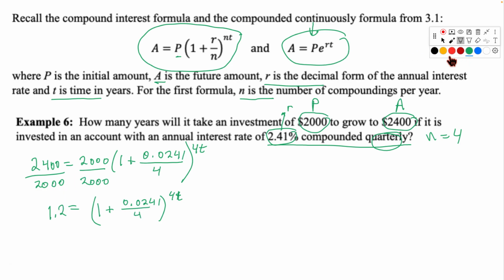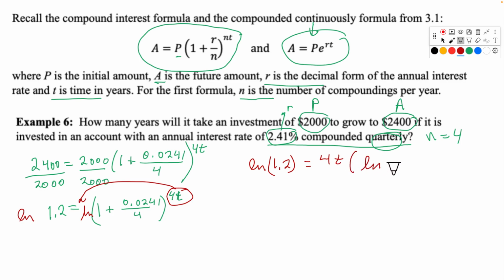So natural log of both sides is the typical textbook way to do this. And when we take the natural log, what happens to our variable up here that's in the exponent? We get to bring it down in front. So this becomes natural log of 1.2 equals 4t times the natural log